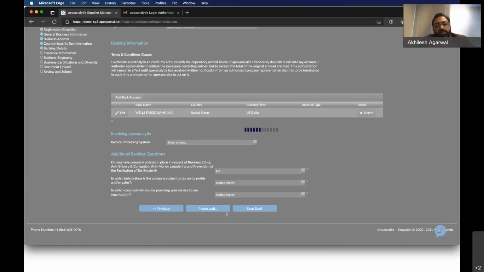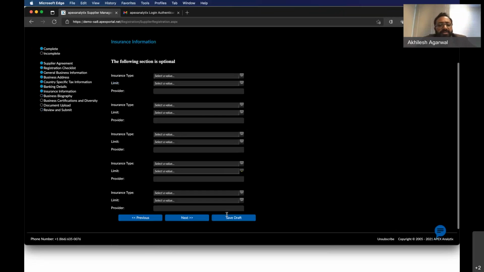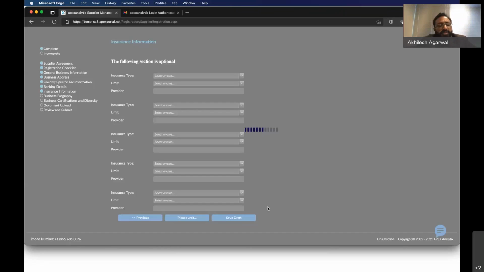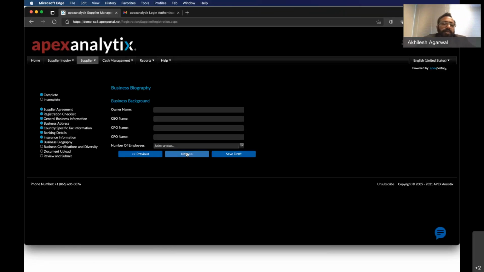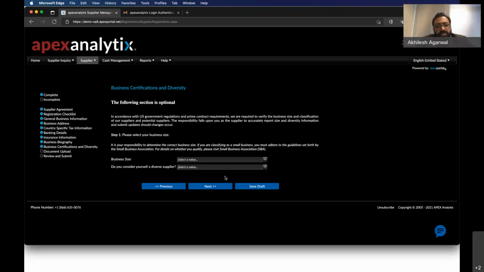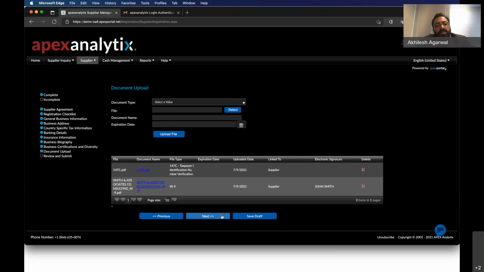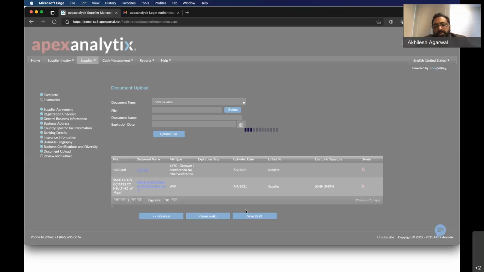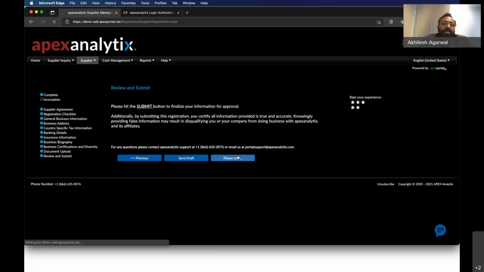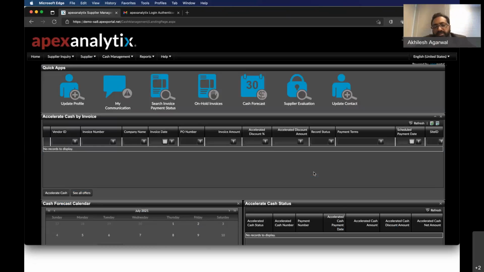Now, as I navigate through the registration, there are some additional pages like insurance information, business biography. So all of this type of information can be collected from the supplier, including diversity. And then finally, once the supplier has confirmed all of these details, we can go ahead and submit the record. So I'm going to go ahead and submit this change. And now it will do additional validations in the system, including the bank account validation,